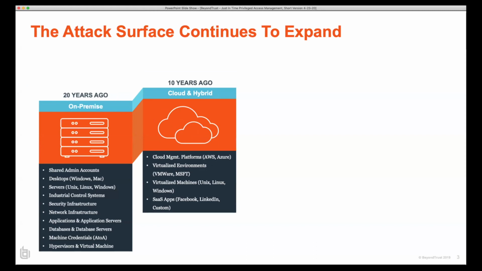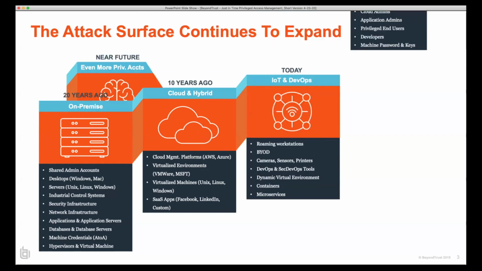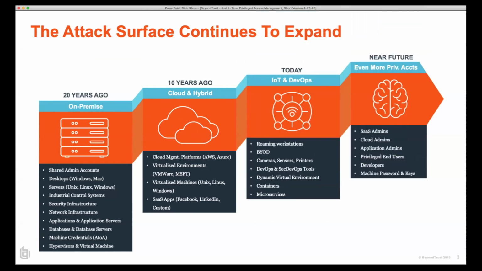10 years ago, we started to use hypervisors. We started to use the cloud. We started to virtualize everything. And we saw that erosion of the perimeter. We started seeing privileged accounts being used everywhere. And this is really where we ended up today with modern IoT and DevOps, and what the future is doing in terms of automation, that there's now privileged accounts everywhere. Really, anybody could use them at any time.